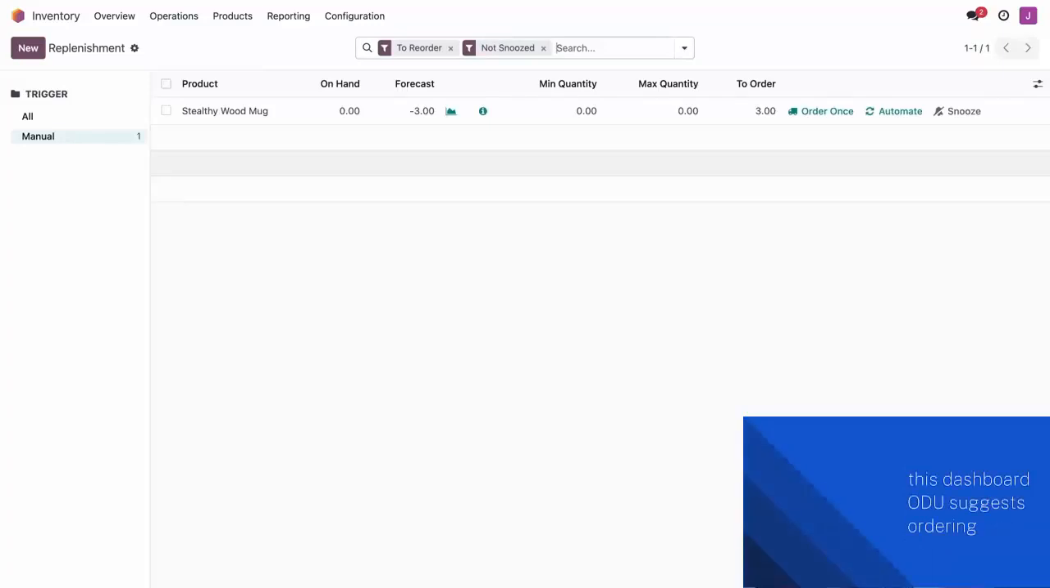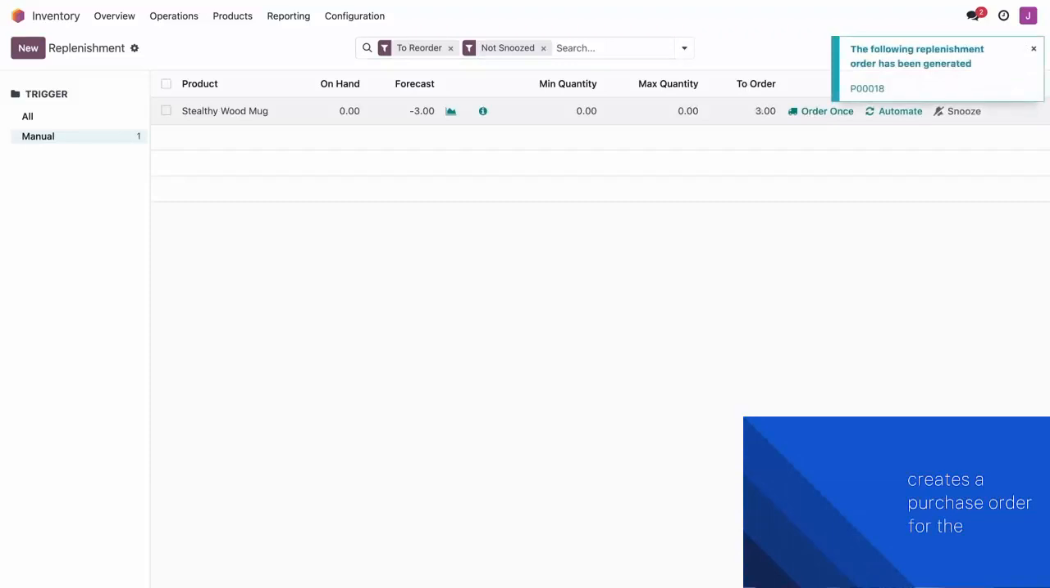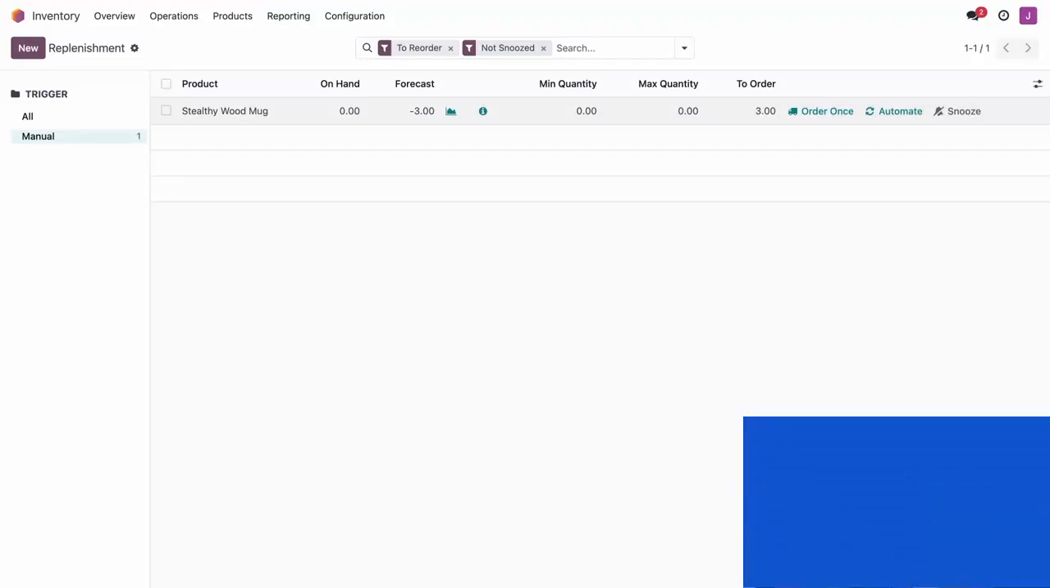On this dashboard, Odoo suggests ordering 3 mugs in the To Order column, which is the minimum number of mugs we need to complete Deco Addict's order. Let's quickly place an order using this Order Once button, and boom. What did that do? This creates a purchase order for the quantity inside of the To Order column. Now that that's taken care of,